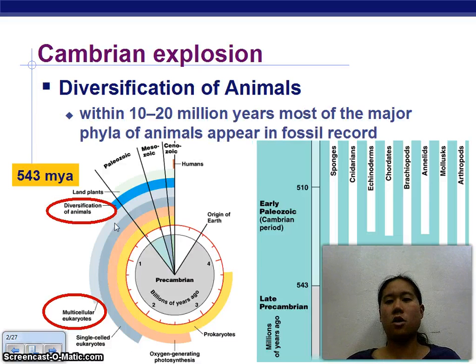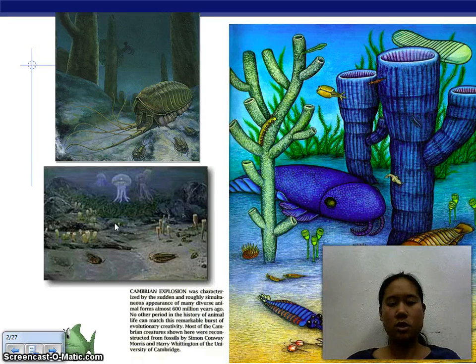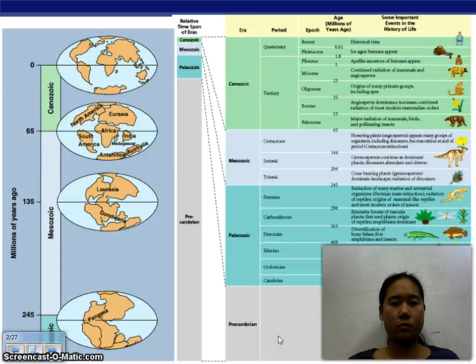So a lot of animals in our fossil record are occurring within 10 to 20 million years because there aren't any animals before. And so here's some of those interesting guys that happened in our Cambrian explosion, trying new things, new body shapes in order to figure out what works best for the environment.